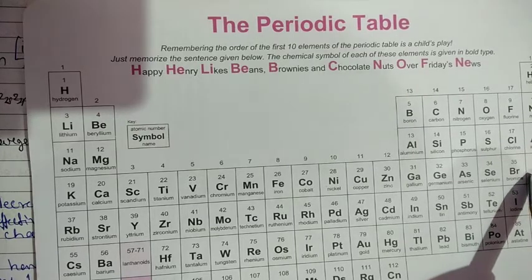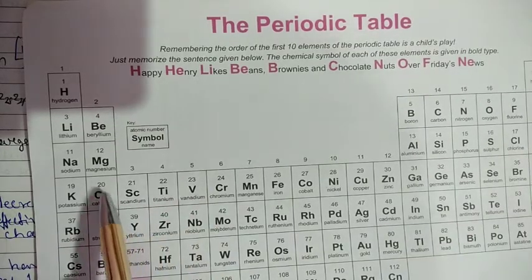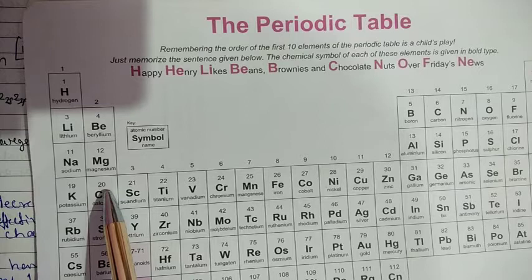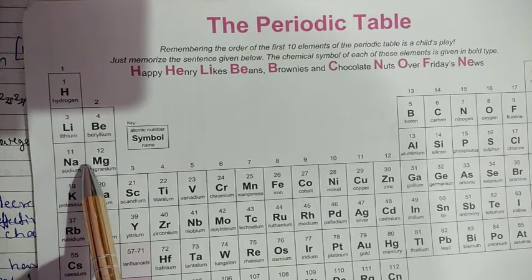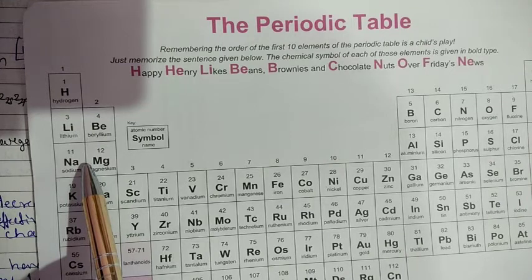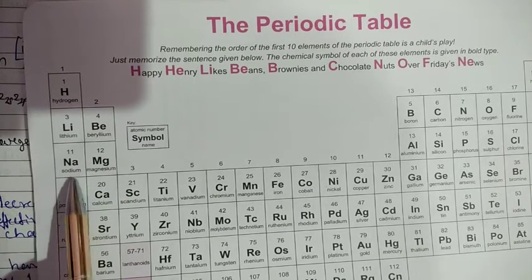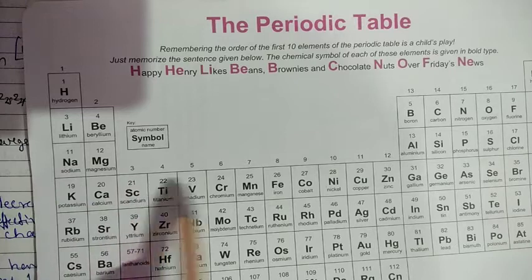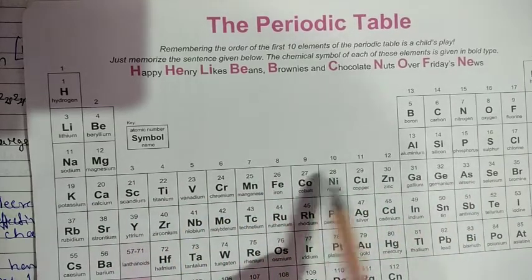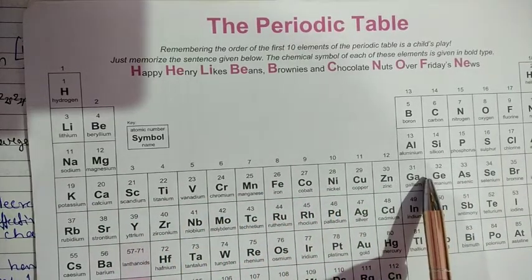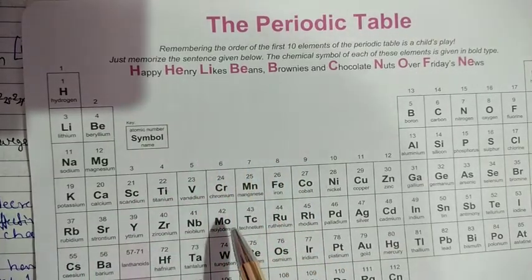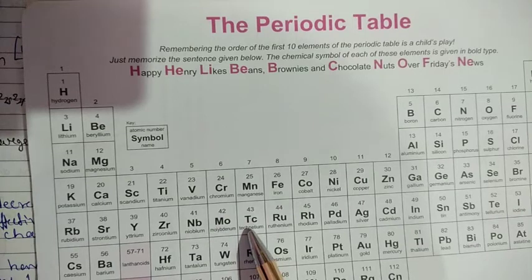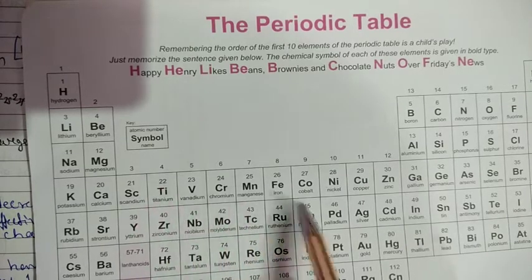Why? Because the number of electrons present in the outermost shell is maximum, so it is very difficult to lose their outermost electrons. So if we go left to right across the period, ionization enthalpy increases, and if we go down the group, top to bottom, ionization enthalpy decreases. Left to right increases, down the group decreases.